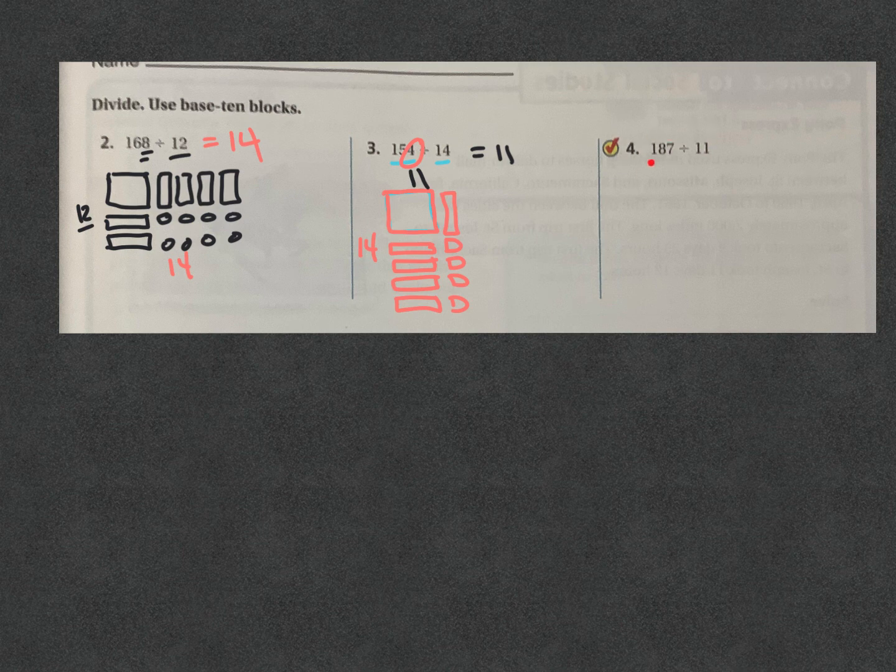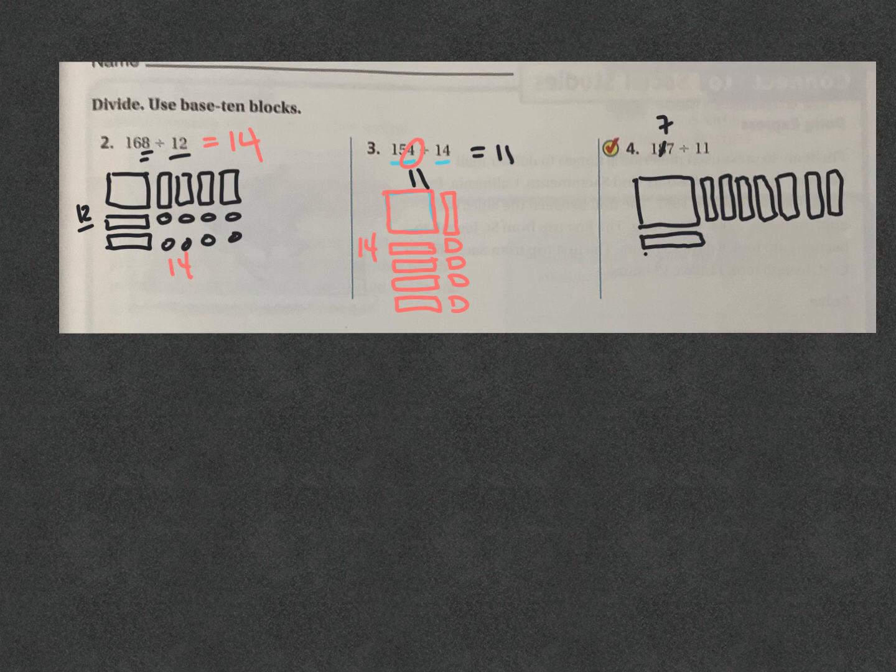We're doing 187 divided by 11. All right, I'm going to start with my 100 flat, 10 by 10, for this one. I want it in a row of 11 on this side, so I'll do one of the 10s rods right here. So now I will have 7 10s rods. 1, 2, 3, 4, 5, 6, 7, and then this one that I had already put down here is the 8th one for 187,